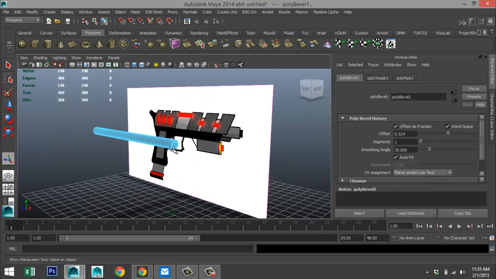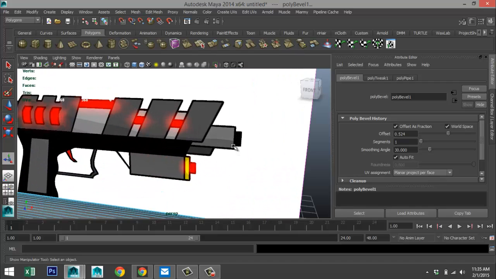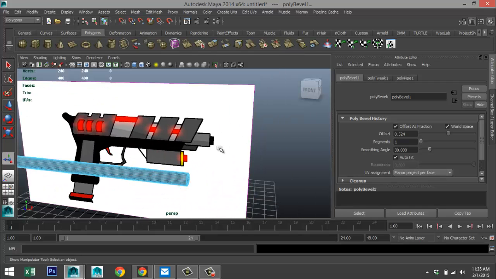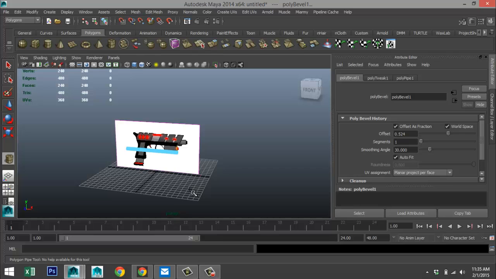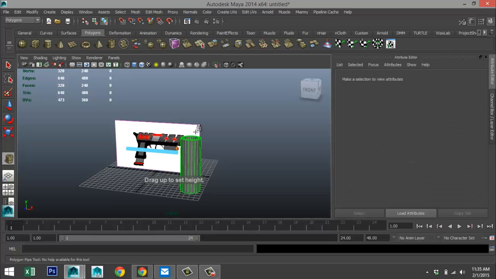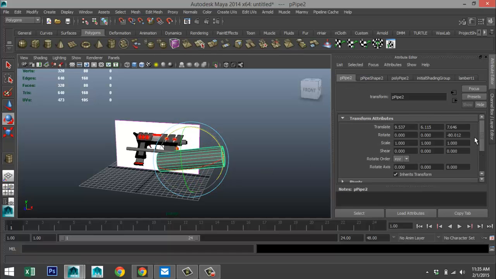Okay. All right. Now this guy here, that will be fairly straight, so we're going to do another polygon pipe, and we're going to do it on the same location. So we'll take a pipe. Let's see, pipe, yeah. Okay. Pull that up. Hit E, rotate that again. Make sure we're at 90. Minus 90, there we go.